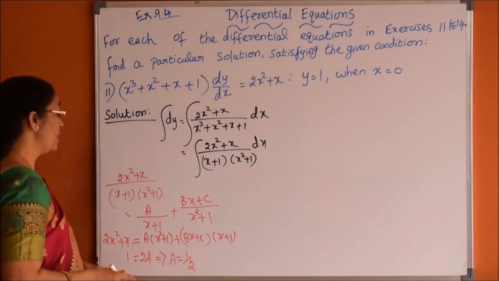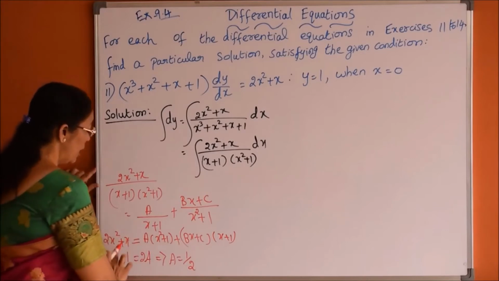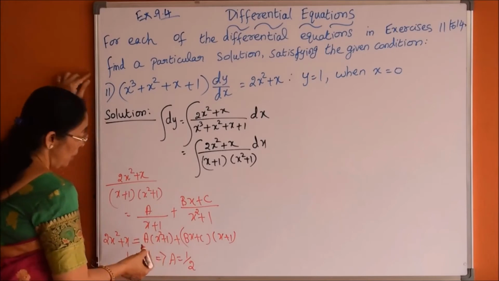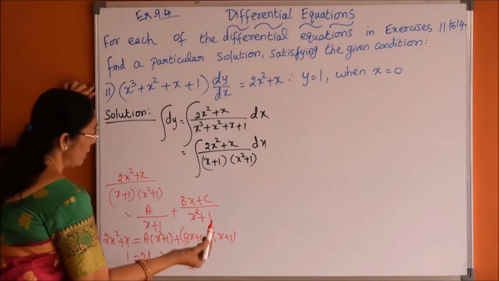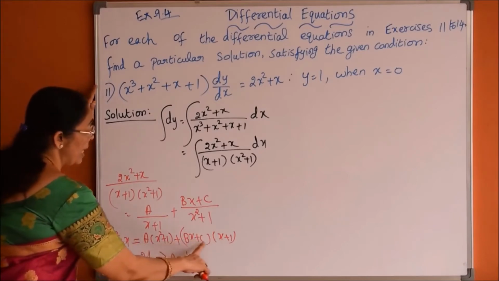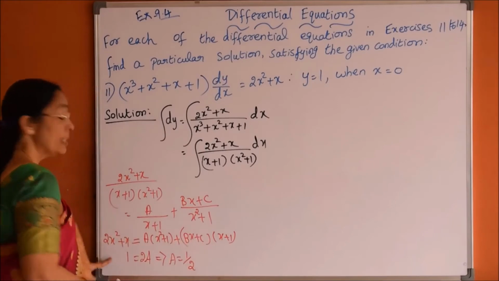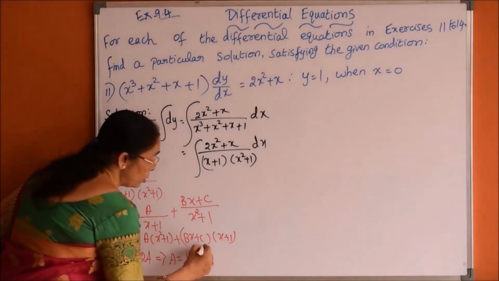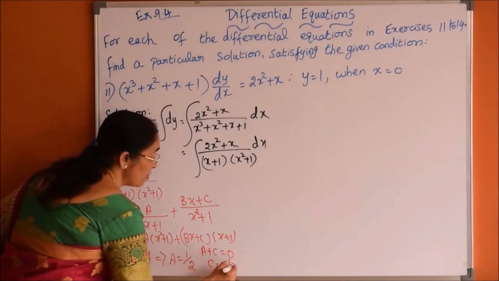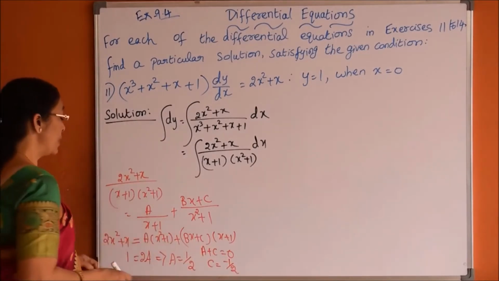Now still we have to get the values of b and c. We can substitute x is equal to 0 also, but we will not get any direct value. So we can go for comparing the coefficients. Here a into 1 is a and c into 1 is c. A plus c is the constant term, and on the left hand side there is no constant term. So a plus c is 0, a is half, which implies c is minus half. So already we got a value and c value. Now left over is only the b value.